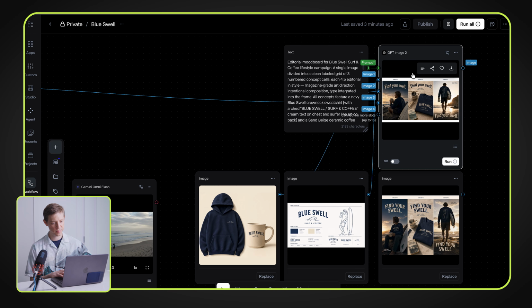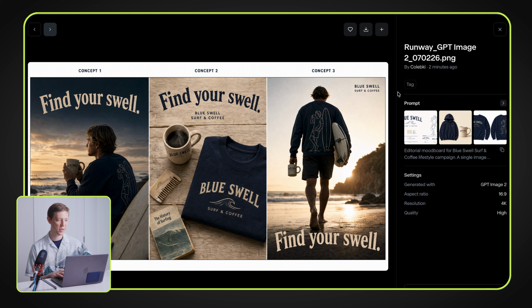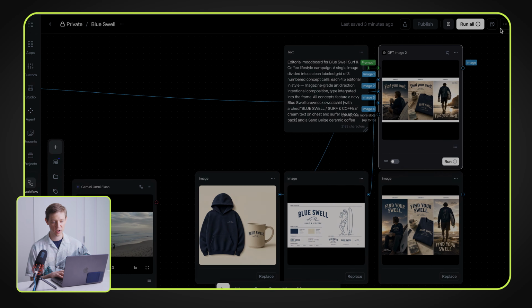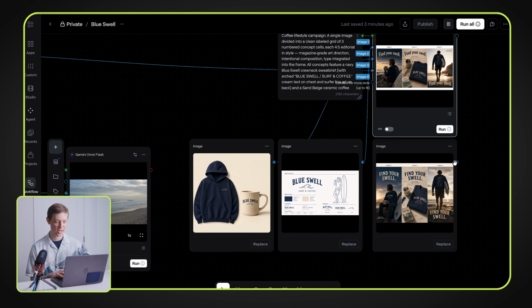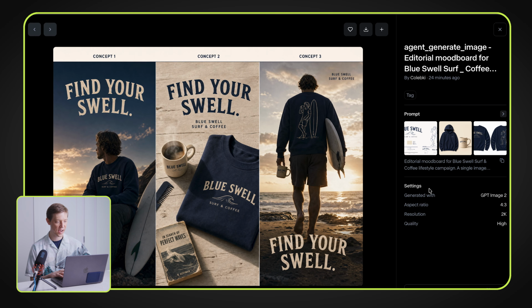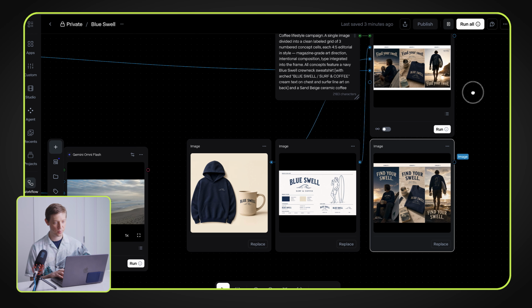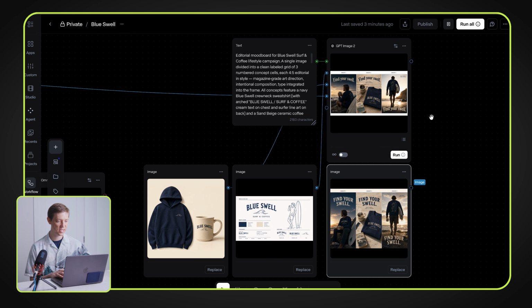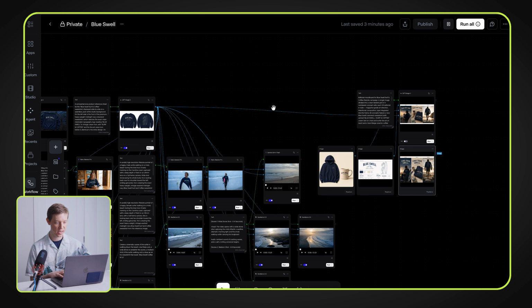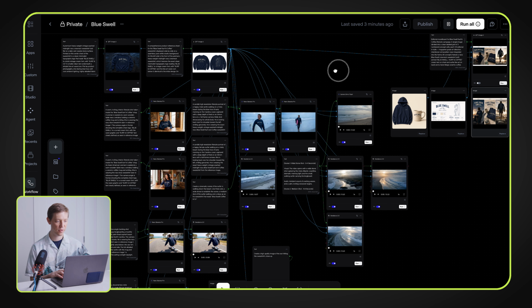Now I do have this image here that we were able to create inside of Workflow, and you can see that it did give me a concept with a 4:5 aspect ratio, and that is something it was asking for because these are primarily going to be used for Instagram, and the concept that was created using Agent was a 16:9 aspect ratio, which is fine. It's good to have both. I'm happy I have both now to use, but you can see I was able to take that prompt, bring it into Workflow, and now I was able to use it inside of my workflow that I have already created